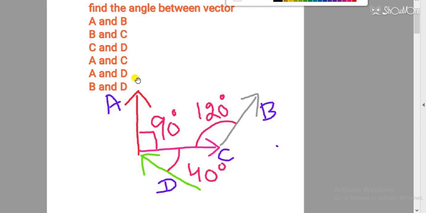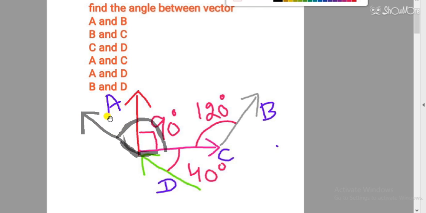Now I have to check the angle between vector A and D. Okay, A and C is 90, C and D we have not calculated. C and D we have to find, and A and D we have calculated when we shifted D here. So that was the angle between A and D, 50 degree. We have not calculated this one, D and C. So C is here and D is here. So we have to shift D again here. When I shift D here, then the tail of C is meeting the tail of D. That means this will be the angle.